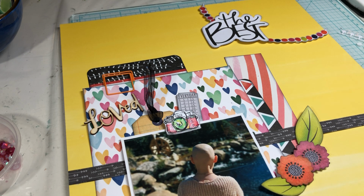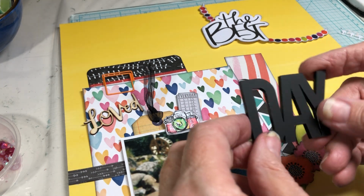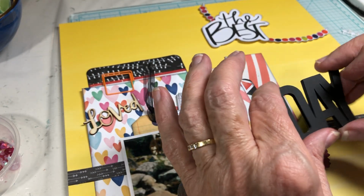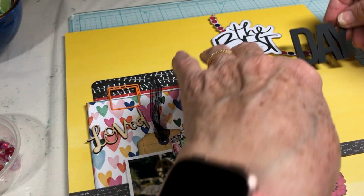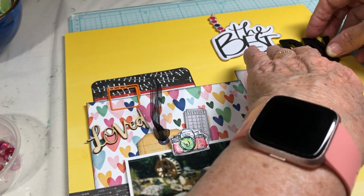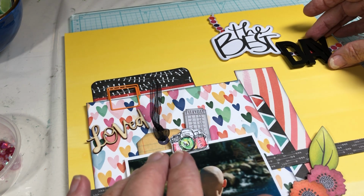When you see it, you'll know why I chose it. I forget what else. I think there were some other words that came with this, but it was intended to be used as a title. And it has the most wonderful finish. It's not shiny. It's got a kind of a sanded finish. It's just beautiful. So what I thought I'd try to do is put it,